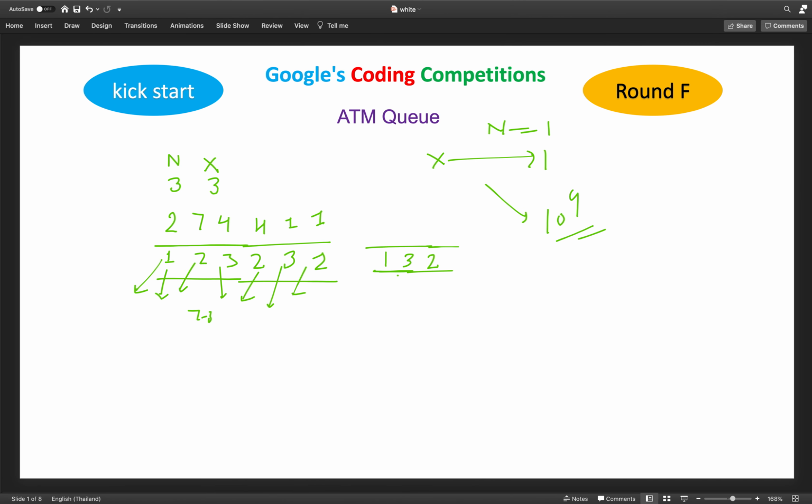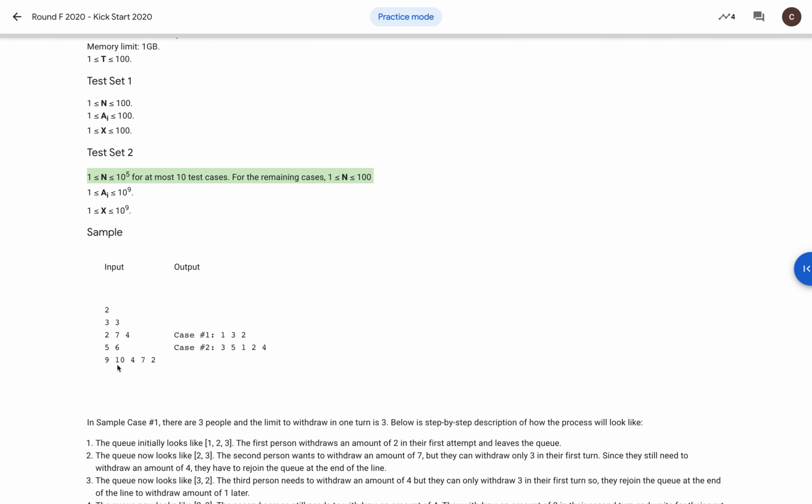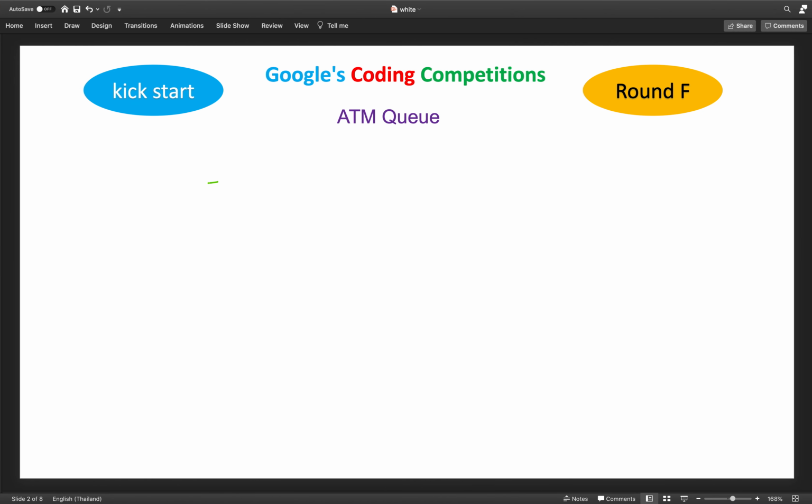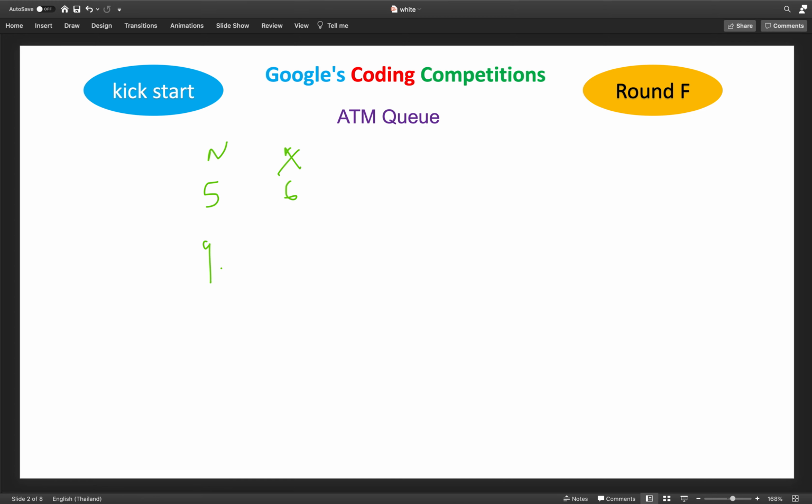So now let's think about this. Let's take the second example. N is 5 and the limit X is 6, and they need the amounts 9, 10, 4, 7, 2, and their numbers are 1, 2, 3, 4, 5. Now the limit is 6.